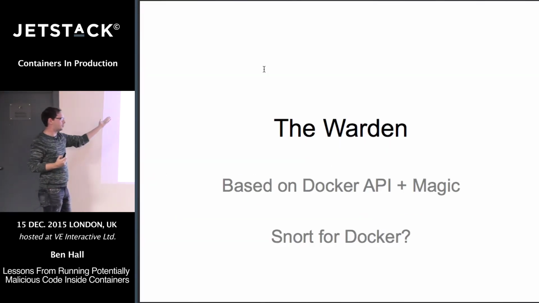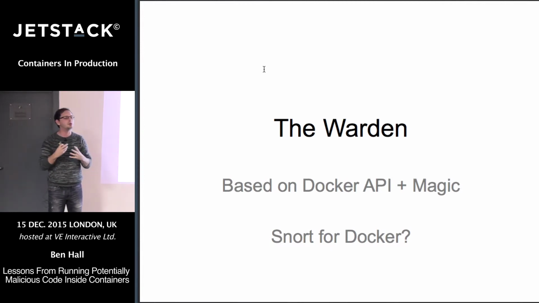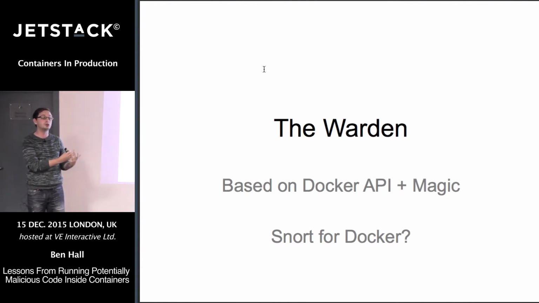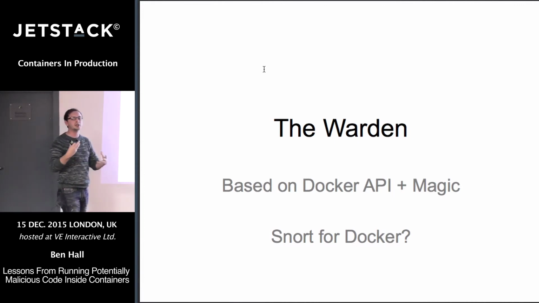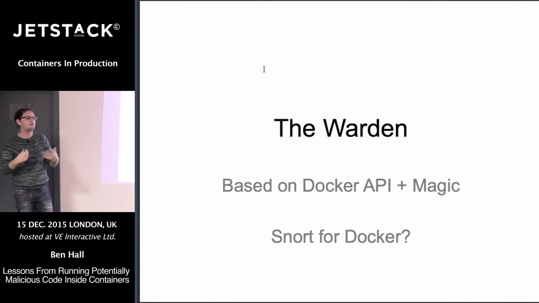And so we created something called the Warden. It's basically a process which sits on every single box in our cluster, and it just monitors for things which we think are potentially malicious. It uses the API, which actually tells you a lot of the information which I described as problematic to restrict. So it tells you how much disk space the container is using, how much bandwidth the container has got in and out. We can use that to help protect our system. And if we see anything malicious, we just close it down and stop it, everything's fine.